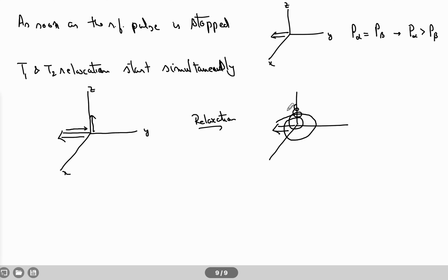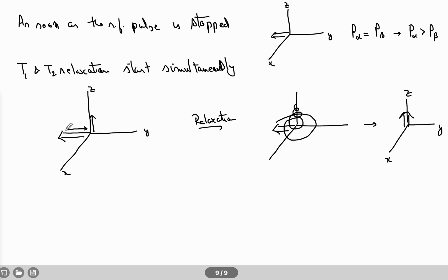So this will start to happen and it will eventually go back to the Z axis. This is the thermal equilibrium state again. So it goes back to thermal equilibrium, but it follows a spiral path like this, because of both